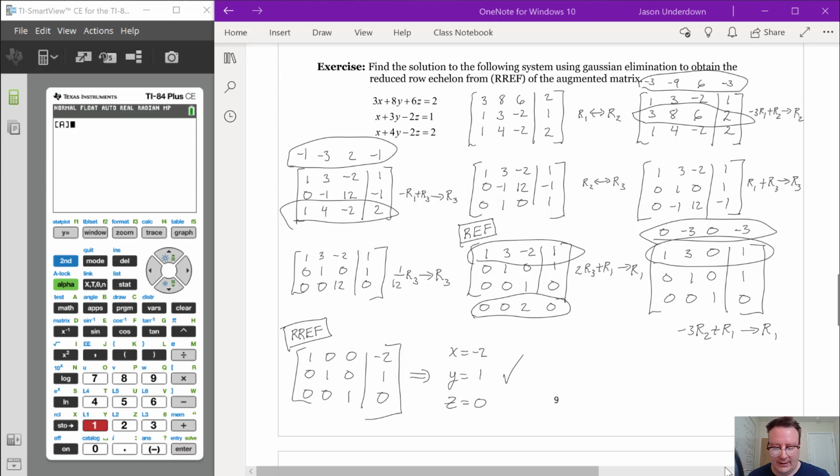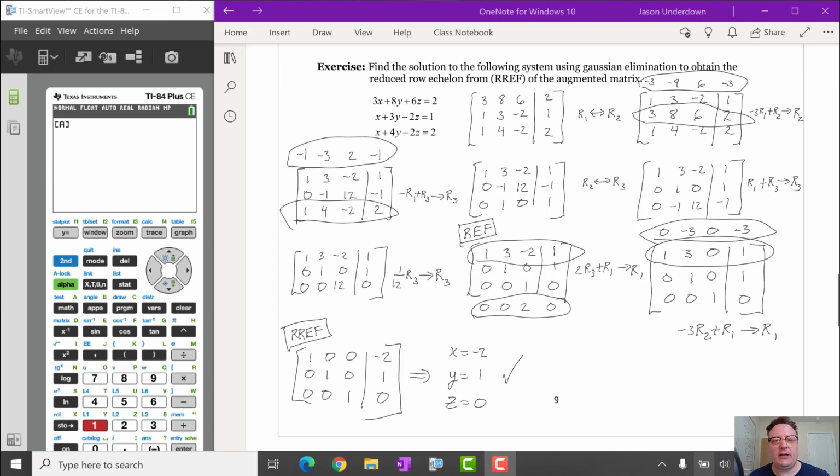We solved this system here, and at the end of that video, I showed you how to use the TI calculator's built-in RREF function to compute the reduced row echelon form of the augmented matrix and thus solve the system that way. Now, that's by far the fastest and easiest way to solve a system using your calculator, but